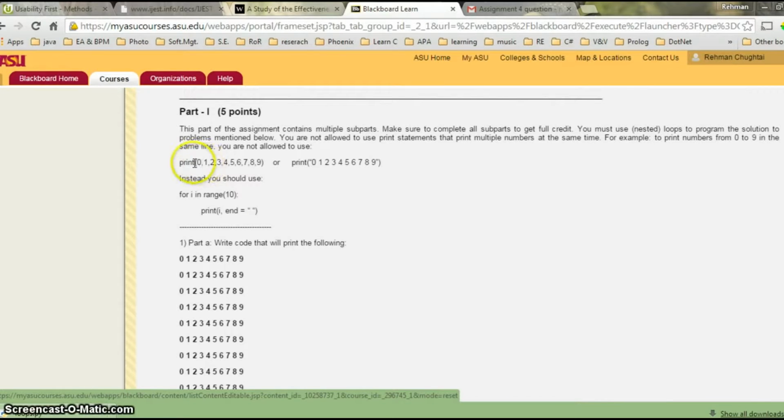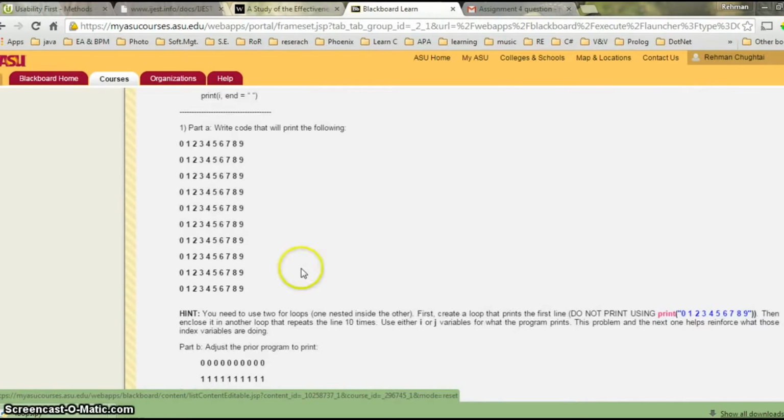So to print in one line, you have been given some help in the assignment description. You can print it in a for loop in a range from I to 10. So for I in range 10, print I, end is equal to an empty space here. So once you get the empty space, you can print this thing, and you have been given a hint that